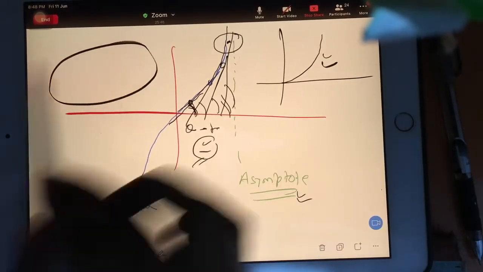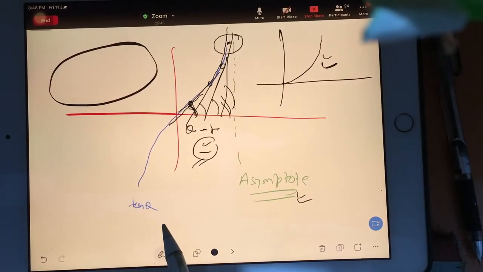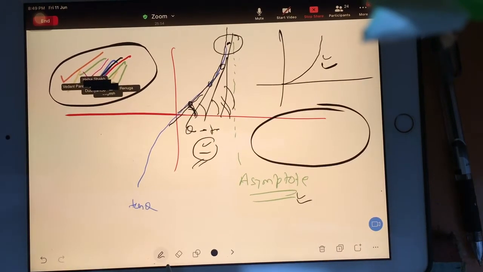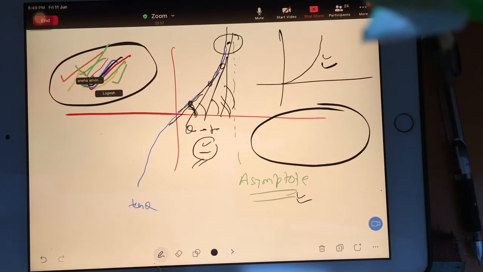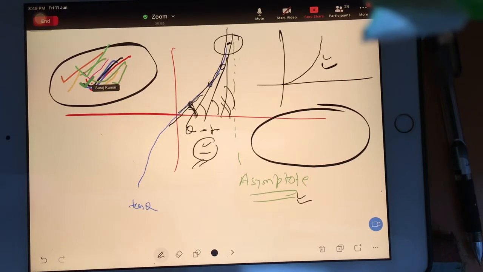If you are understanding, please tick here. If you are not understanding, tick here. Very good result, superb. Now see